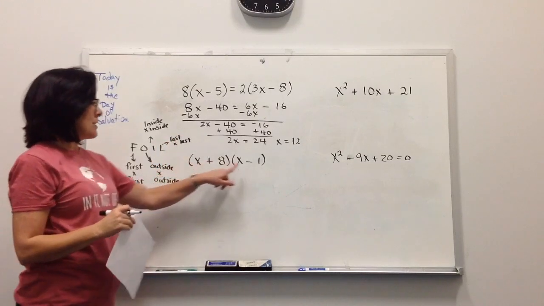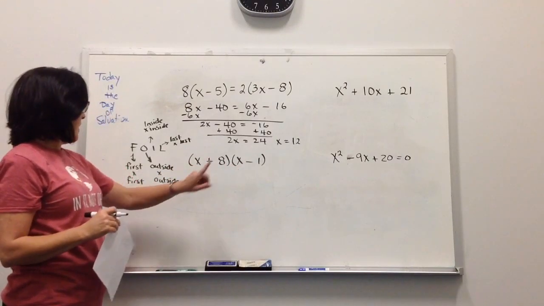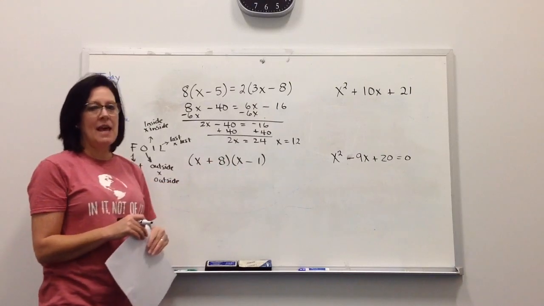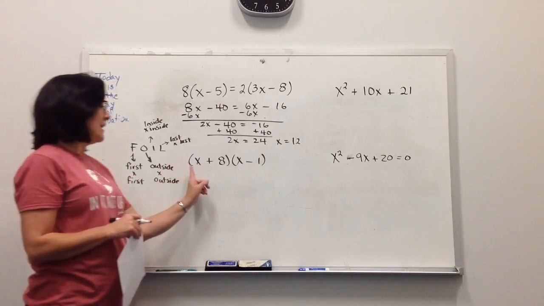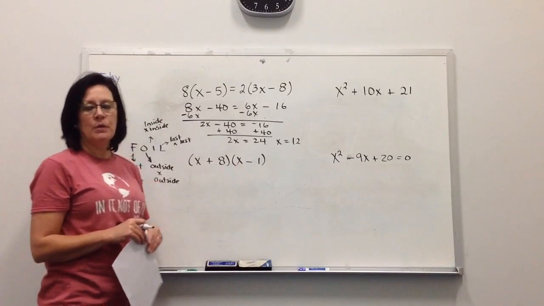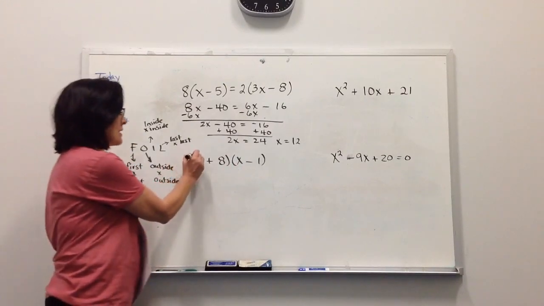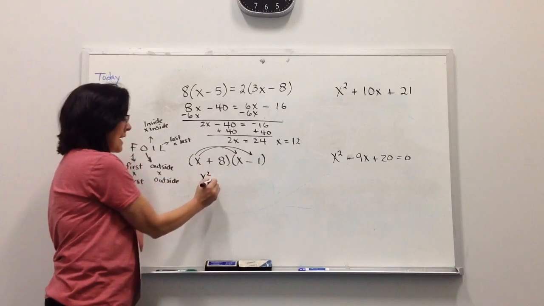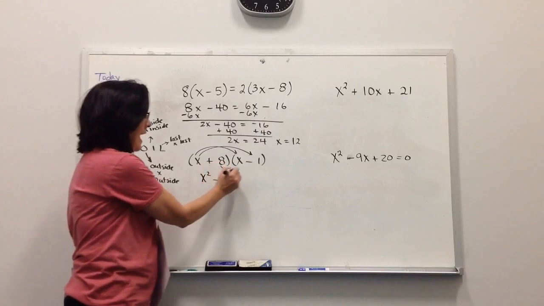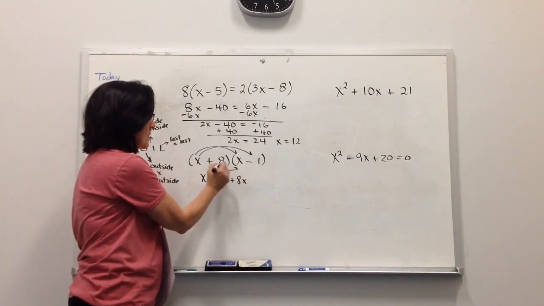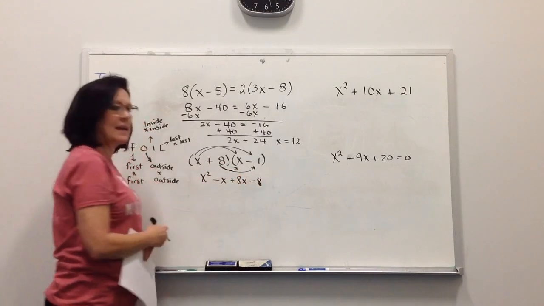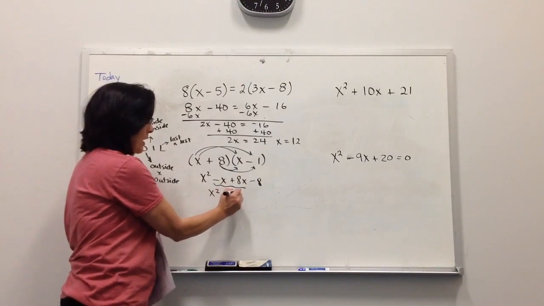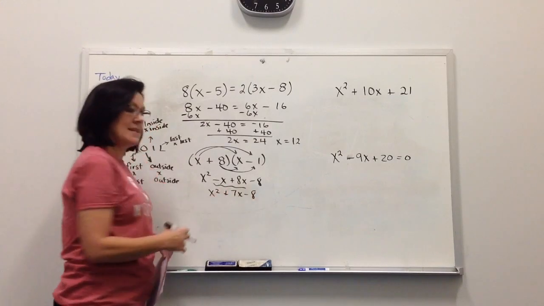So first times first, outside times outside, inside times inside, and then last times last. You can also just remember that each term in the first parentheses has to be multiplied by each term in the second parentheses. X times x would yield x squared. X times -1 is a negative x. 8 times x would give me a plus 8x, and 8 times -1 is a negative 8. When we put these together, we end up with x squared plus 7x minus 8, and that would be our